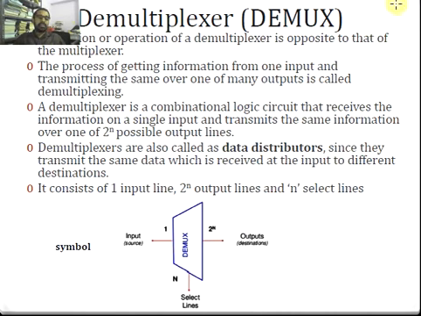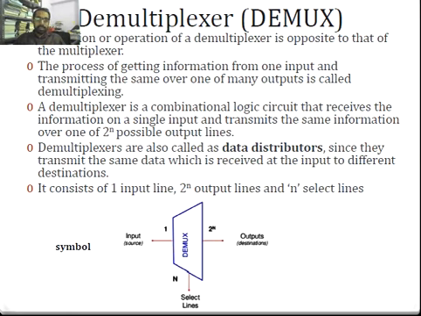Now we will see another example of a combinational circuit, called the demultiplexer, and its action is just opposite to that of a multiplexer. With a demultiplexer, the binary data can be passed to one of its many output lines. Here we have only a single input line, and this has to be transmitted to many output lines. That is just opposite to what we see in the multiplexer.